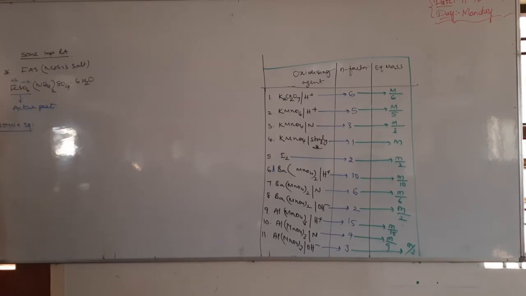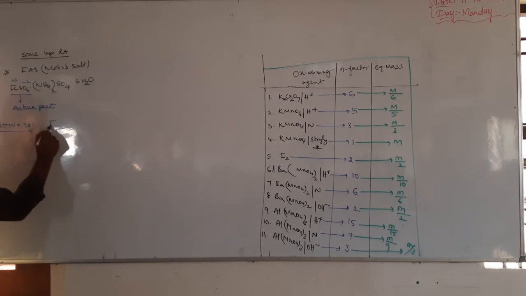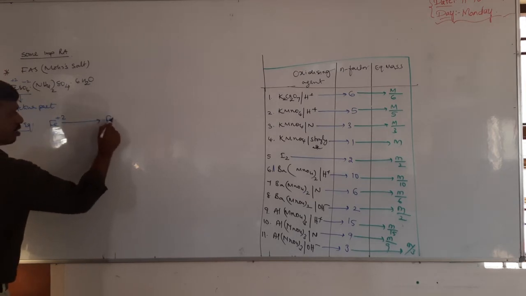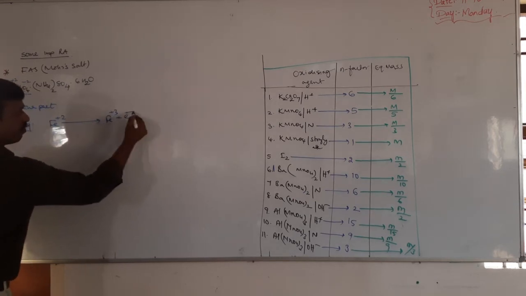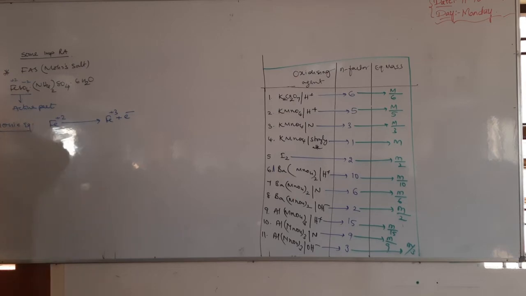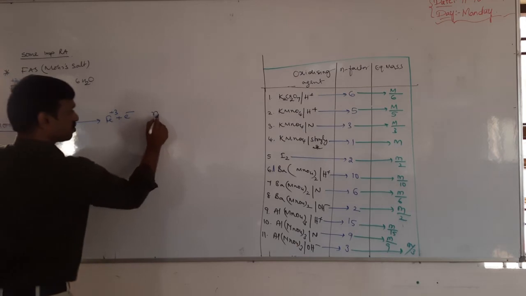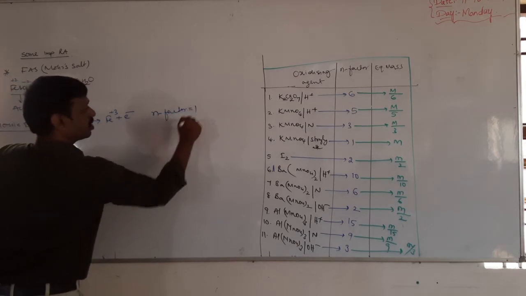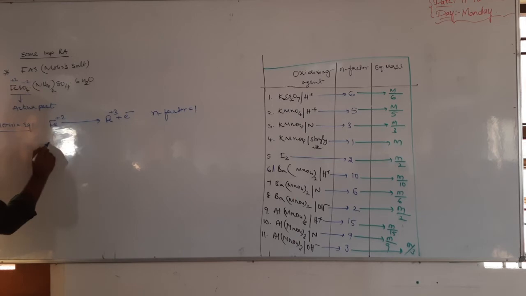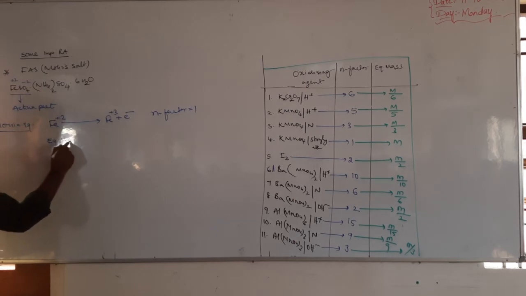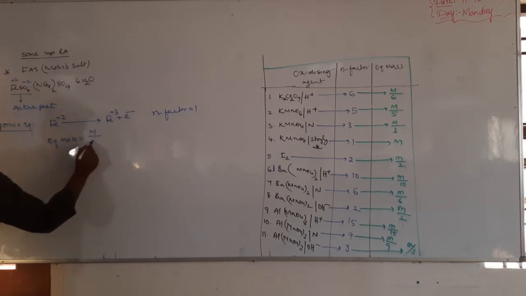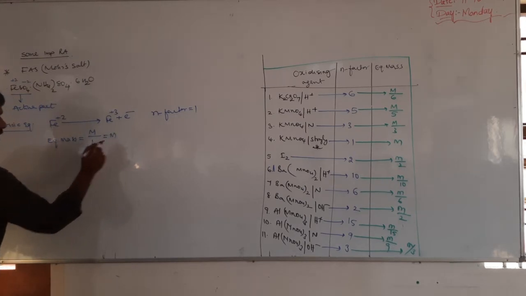What is the ionic equation? So the ionic equation is ferrous sulfate, that is Fe+2, it loses one electron and becomes ferric, ferrous to ferric, right? In ferrous ammonium sulfate, just ferrous converts into ferric, there is no change in other ions. So therefore, what is the N factor? N factor is 1. Then what is the equivalent mass? So equivalent mass is equal to molecular mass divided by 1, which is nothing but M.